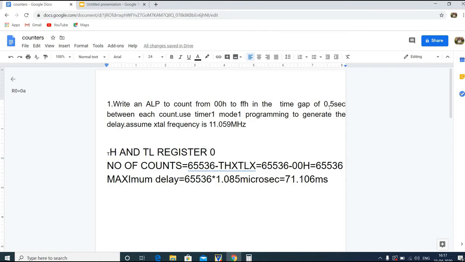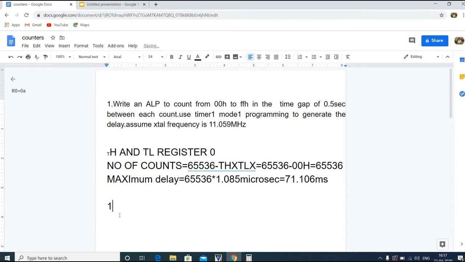So this is a larger delay than the capacity of the timer 1 mode 1 programming delay. For this we need to make use of general purpose registers also. So we'll follow the steps which I already explained in the earlier videos, on how to find out the values to be loaded into the timer's register and also into the general purpose register.